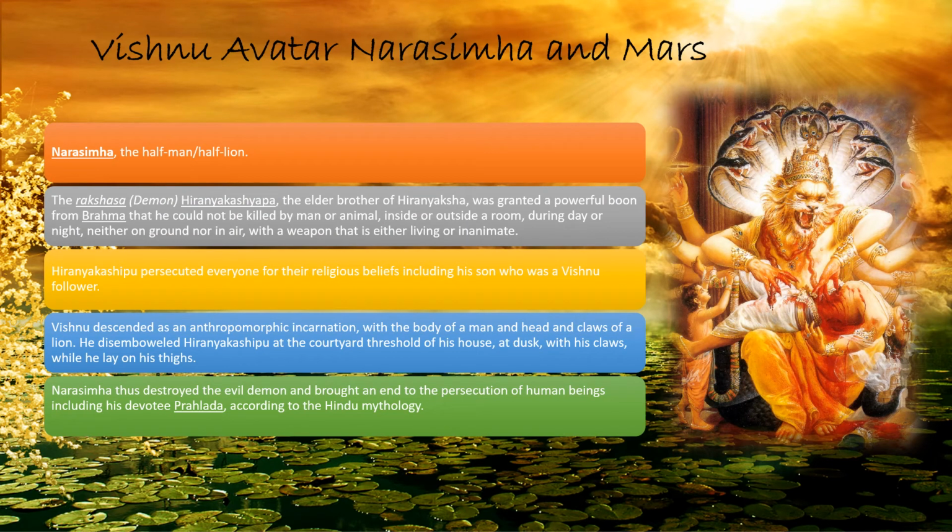The Vishnu avatar that is associated with Mars and the Mrigashira Nakshatra, because Mars is the ruler of Mrigashira Nakshatra, is Narasimha, the half man, half lion. And we went through the story in some previous videos on the Nakshatra series, and it all tells us that when we feel we have it all, we really don't. Somebody is always bigger, better, or bolder than us. And we have to learn to understand when the gods gift us with something, when the gods gift us with beauty, with wealth, with good homes or good families, that we must appreciate it, because not everybody can have those things and not everybody can keep those things throughout their lifetime, as is told in the story of this half man, half lion, Narasimha, as the 4th avatar of